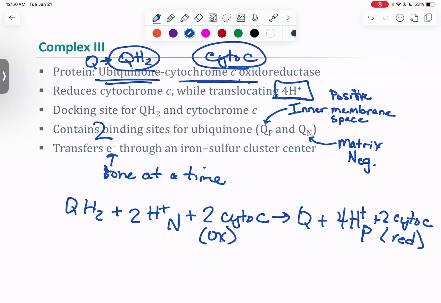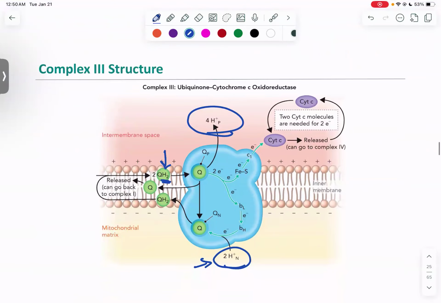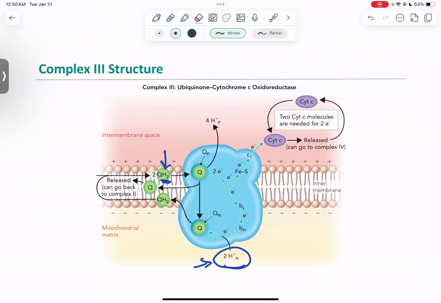So just kind of keep in mind what's happening in order to make that work. Okay. Why do I already have writing? Oh, I think I came and talked about this. Okay. So complex 3. Our complex 3, remember, this is our ubiquinone